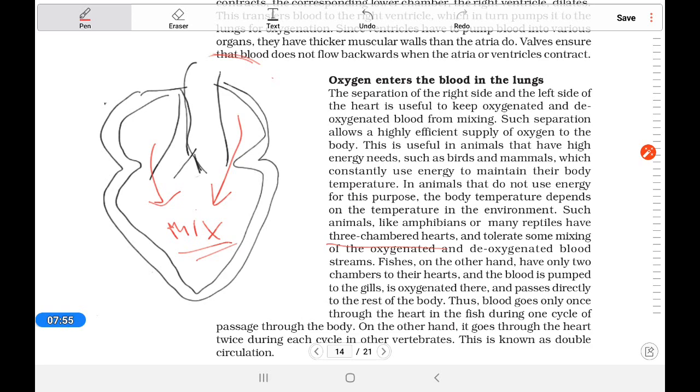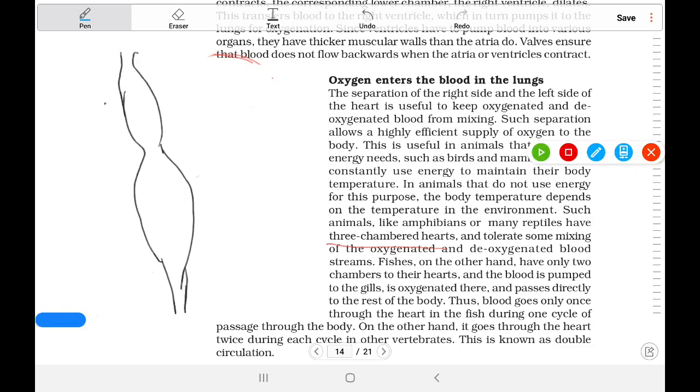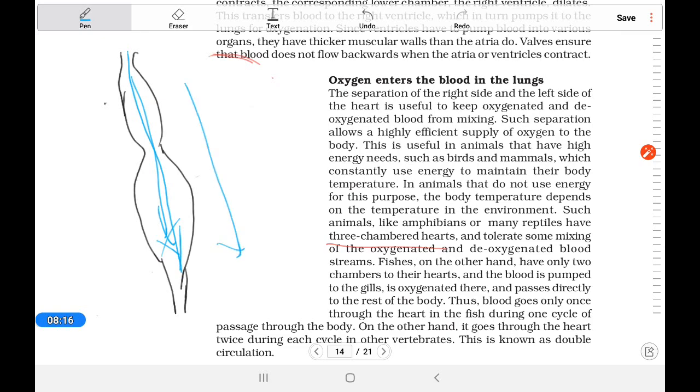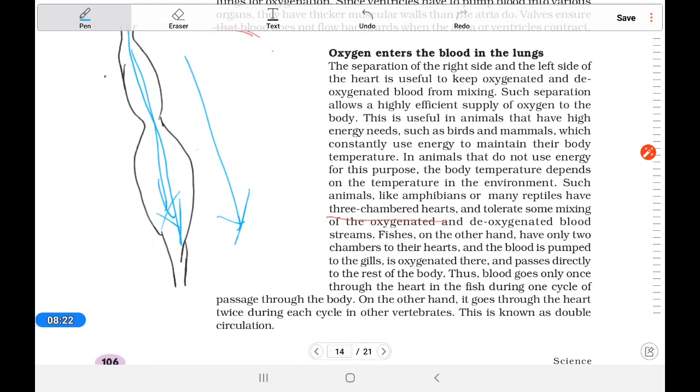In case of fish also it is different. Fish has 2 chambers. You can see the auricle and the ventricle, and here only deoxygenated blood can pass. It is not like human and amphibians, and that blood can flow only once. So here you can see that the blood goes only once through the heart in fish during one cycle of the passage through the body. On the other hand, it goes through the heart twice in case of human beings, just to compare,